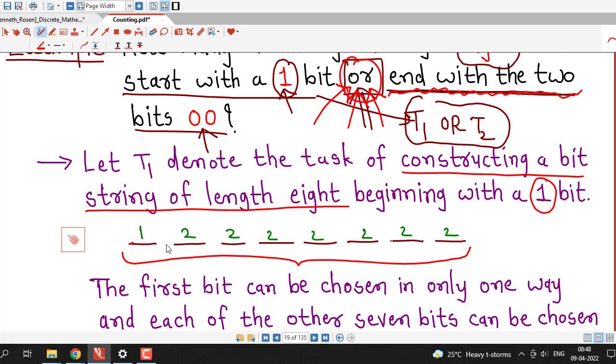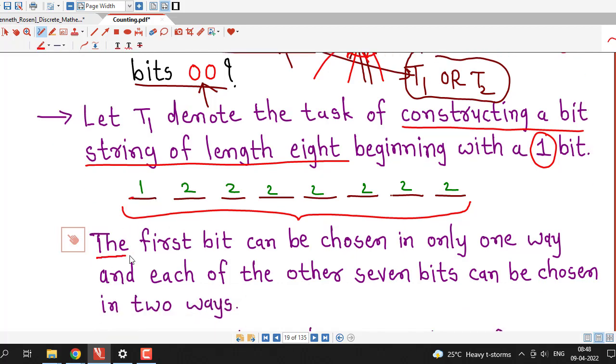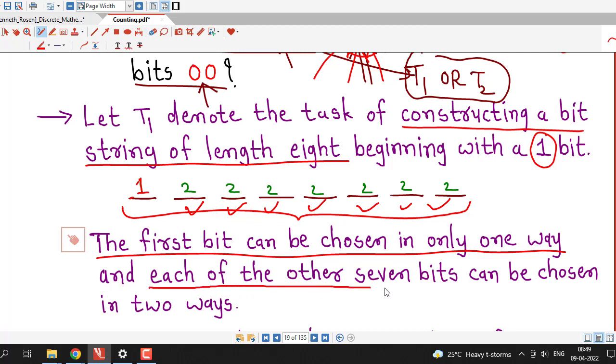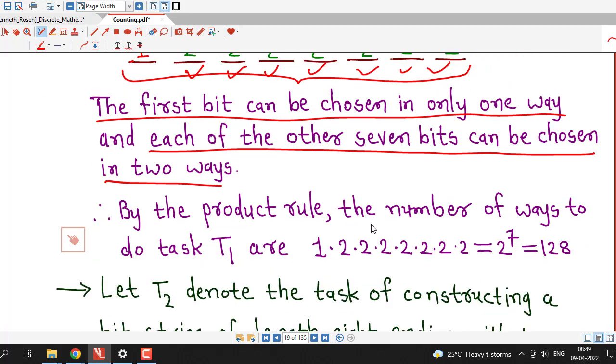So if the first bit is 1, then we can select it in only one way, because the first bit is fixed, it must be 1. The first bit can be chosen in only one way. There is no restriction on the remaining 7 bits. They can be chosen in two ways, either 0 or 1. Each of the other 7 bits can be chosen in 2 ways. Therefore, by the product rule, the number of ways of doing task T1 is 1 into 2 into 2, 7